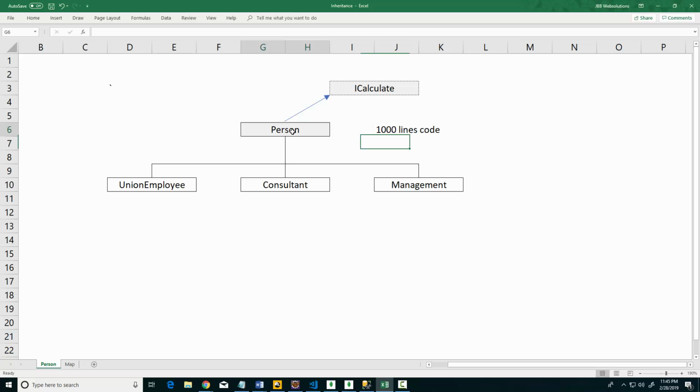Okay, what we're going to do is we're going to extend Person with a UnionEmployee and just make it more, or do whatever it needs to do. It'll take advantage of whatever Person has, and of course it'll extend it, hence the term inheritance. So let's go back to